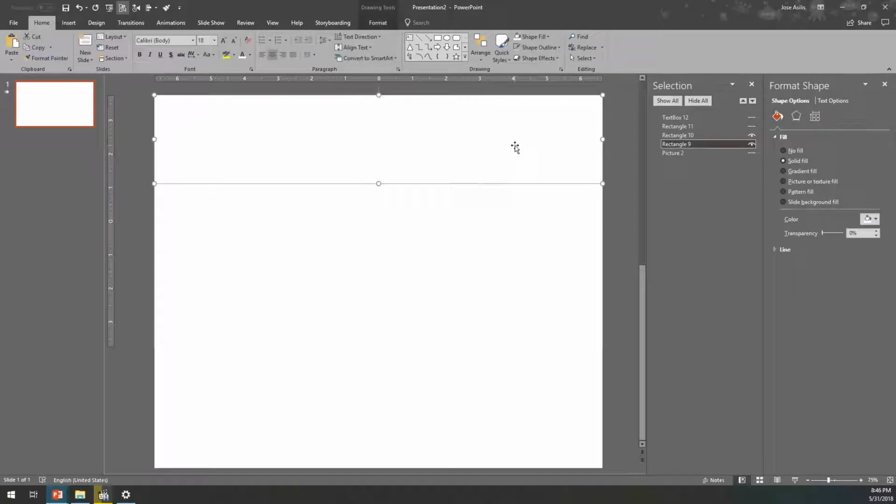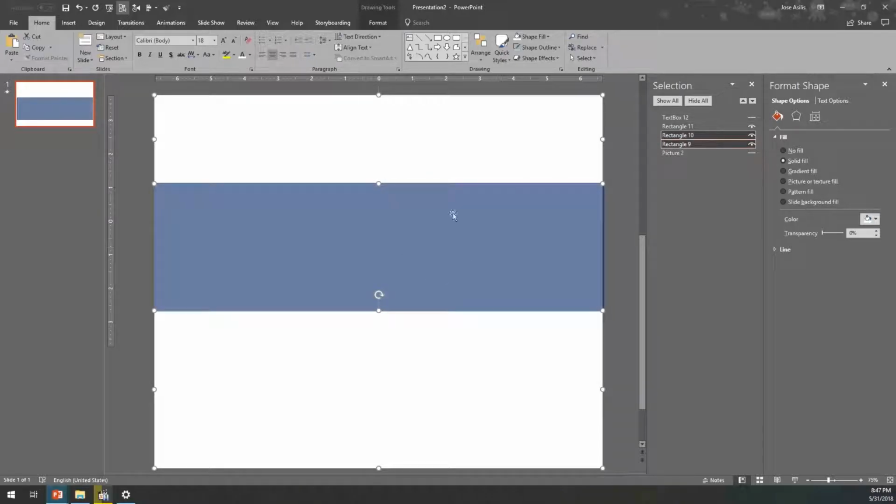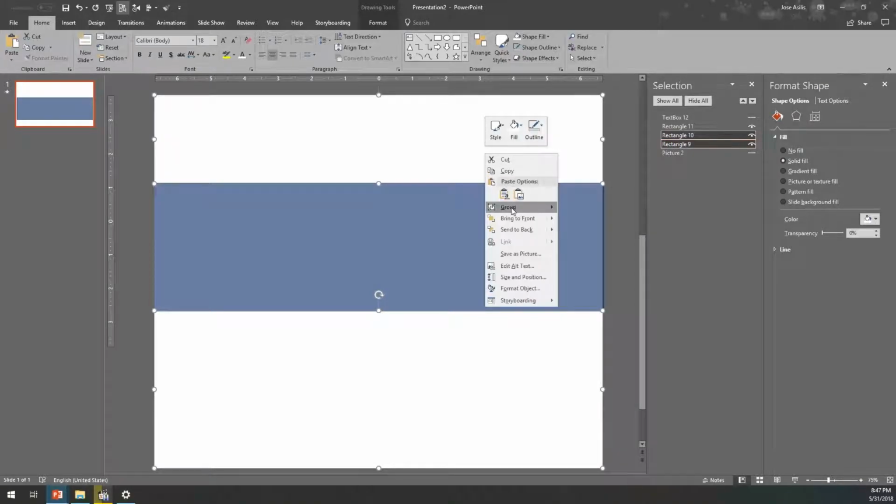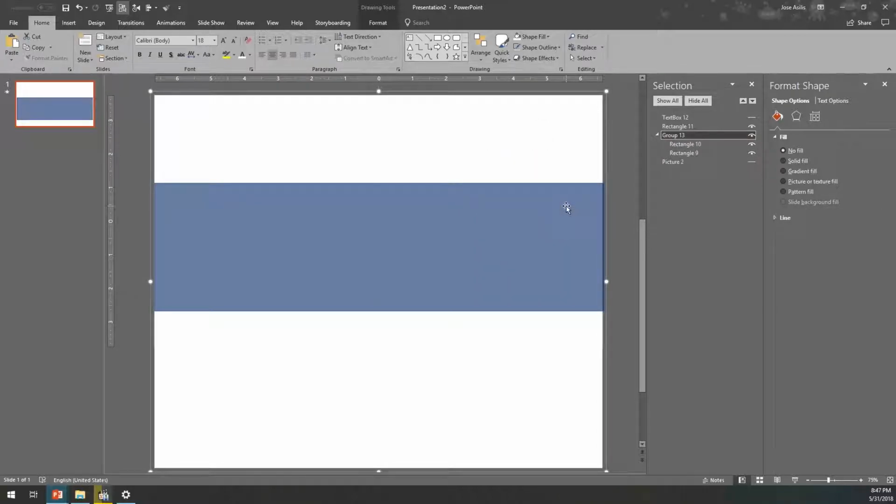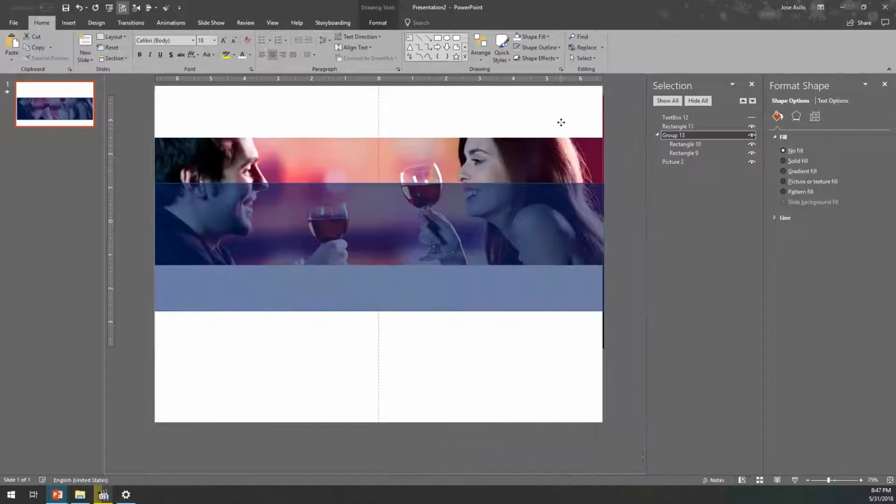Now, I'm going to select both rectangles again. You can select them here over the pane or through selecting normally, and you're going to go back to this rectangle that we just created here, the masking one. And what we're going to do is that we're going to right click, come here to group and click group, or alternatively you can press Ctrl G or Command G to group them together. And once we have it, we can safely enable our picture,